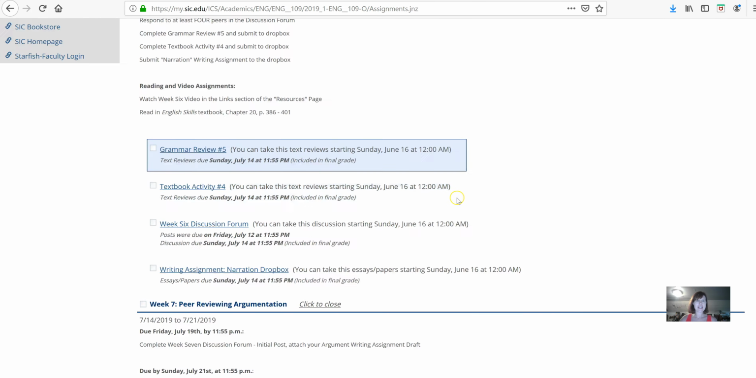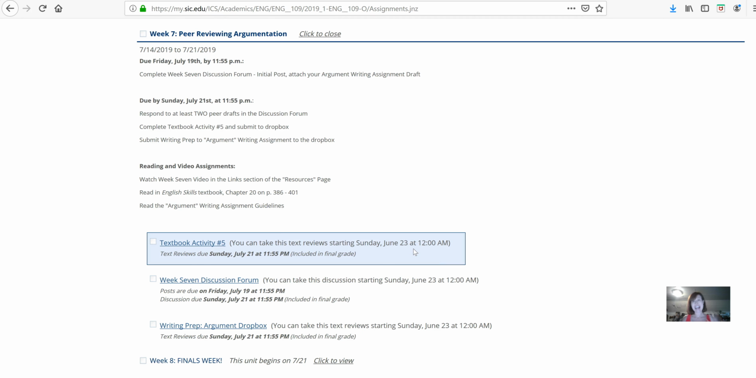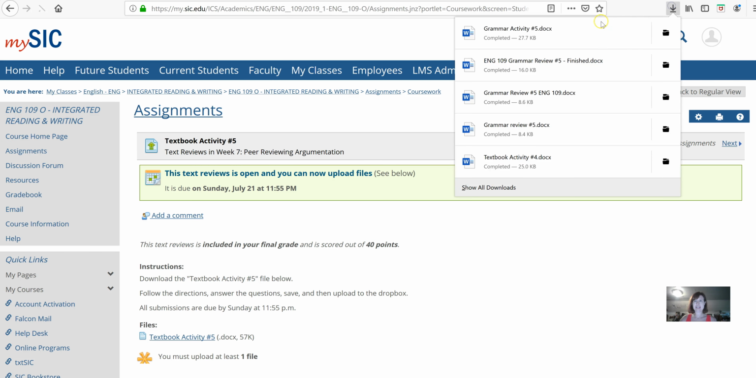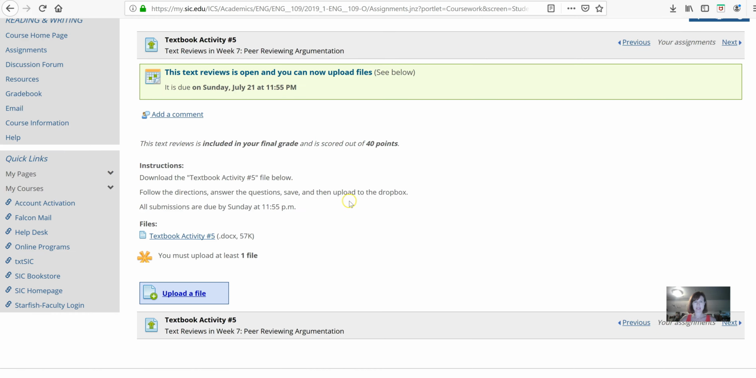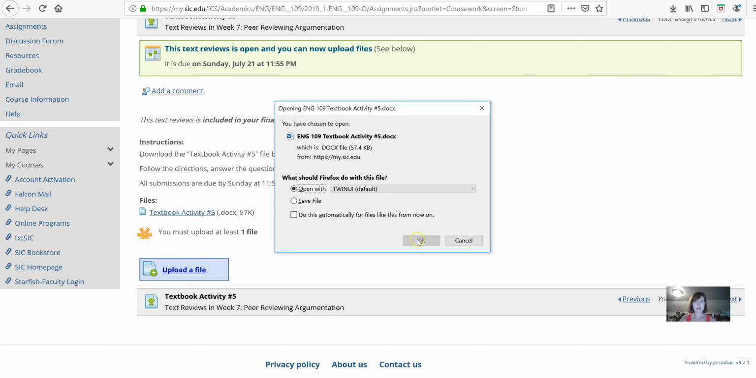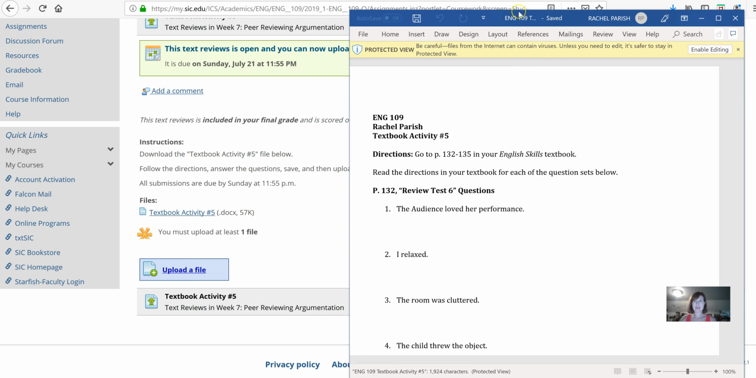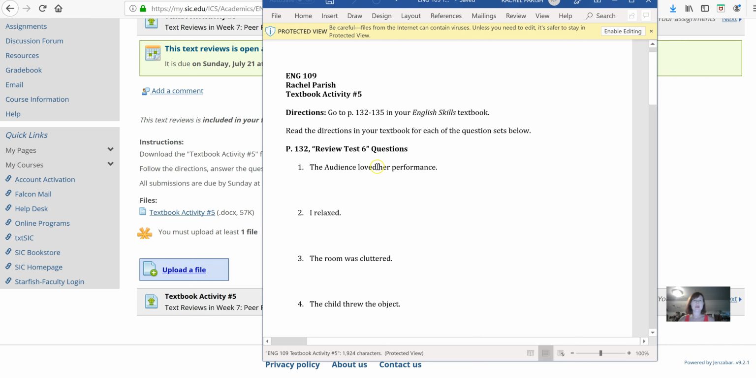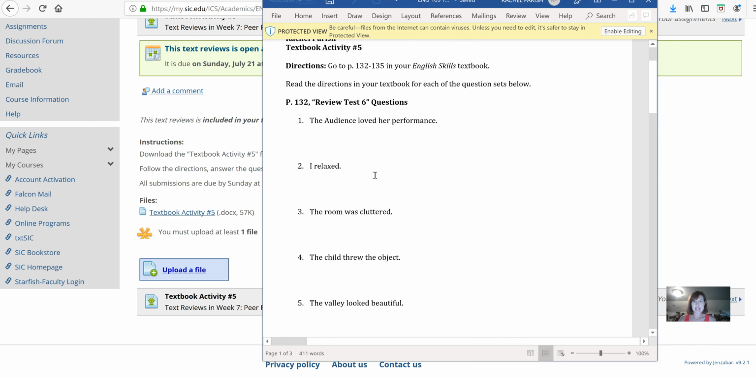So going down here to week 7, we have 3 assignments. We have our last textbook activity assignment, which is exciting, right? So you have your textbook activity assignment. I'll open it up here. Nope, need to open that up. All right. The last textbook assignment is just going over page 132 to 135,